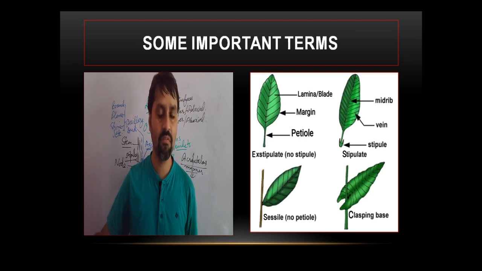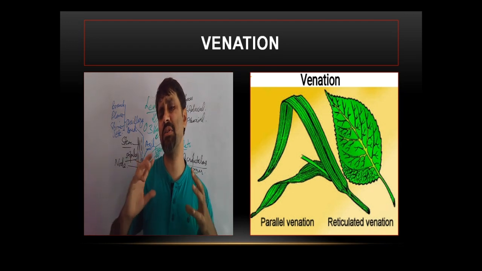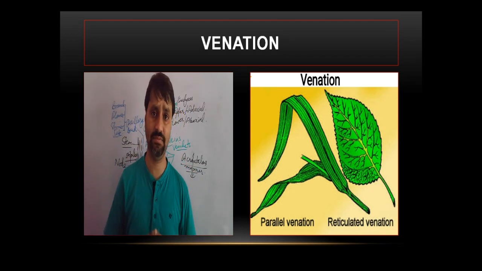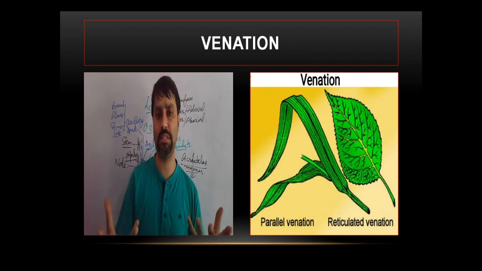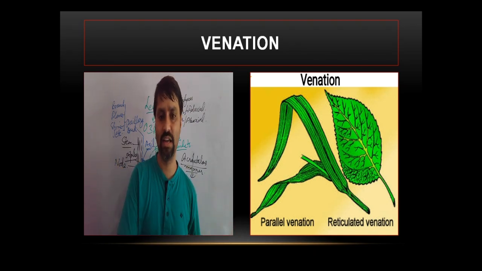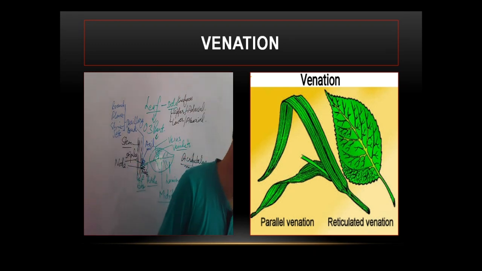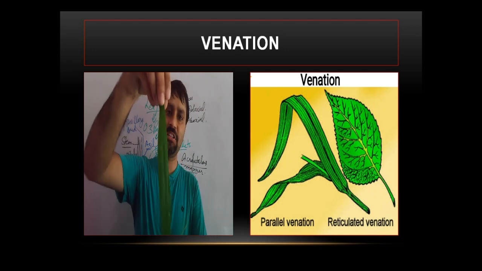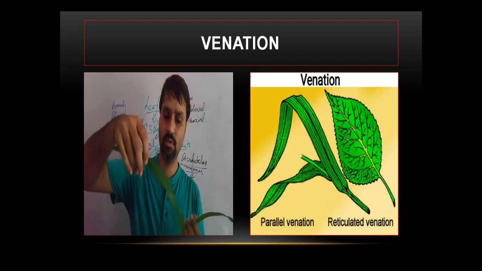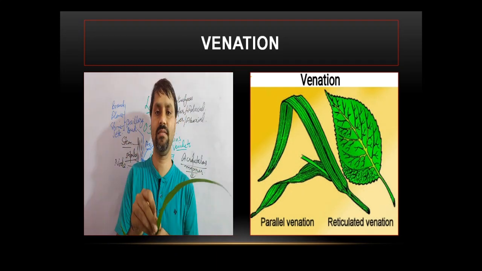Now see, we will discuss the various aspects of the leaves one by one. Today we are going to discuss a very important aspect of the leaf. This is called venation. What is venation basically? There are two kinds of leaves in front of you. One is having parallel venation, one is having reticulate venation. Look at these leaves also. This is the leaf with the parallel venation. Look at these leaves. It is the leaf with parallel venation, my dear friends.